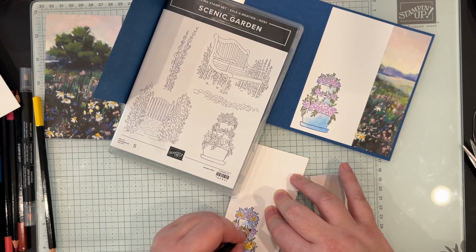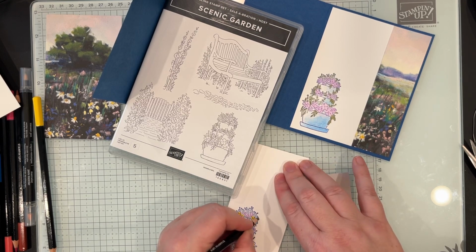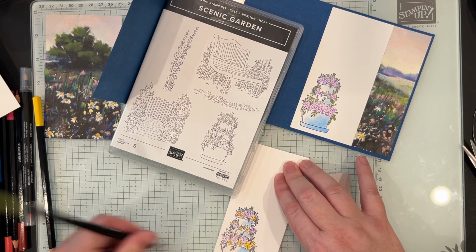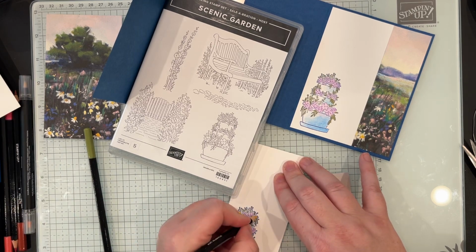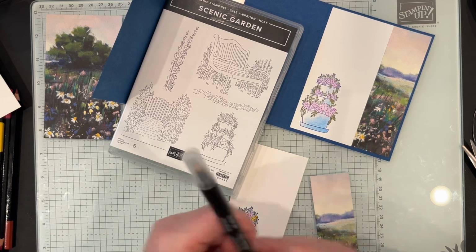And again, this does not have to be exact, right? We're just trying to get some color. Sometimes I'll find a flower when I'm coloring the greenery in. I'm like, oh, there's a flower. So I might come back and have to color in another flower. All right, then I'm gonna take my